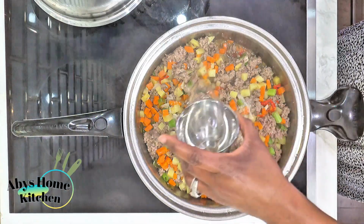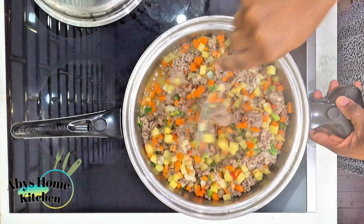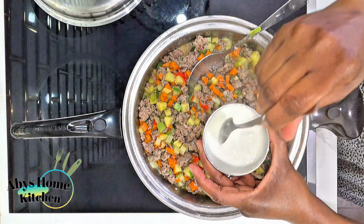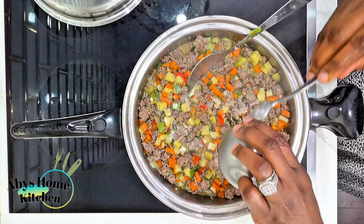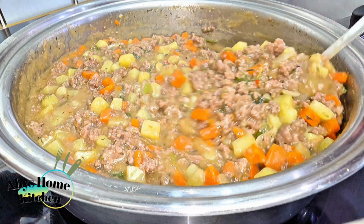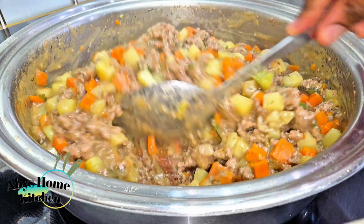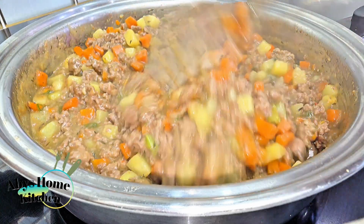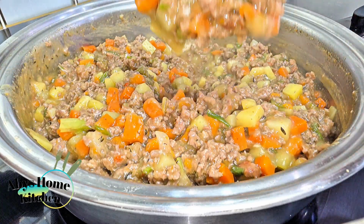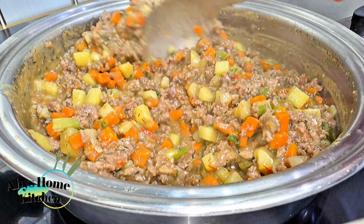Then at this point, if you feel like it needs more water, add some water to allow it to cook. Once it's cooked and the carrots are tender, I added in the diluted cornstarch. And here you just want to mix properly. I like to do this first so that it gives it time to cool completely. If I'm in a hurry to make this meat pie, I can put this in the fridge to speed up